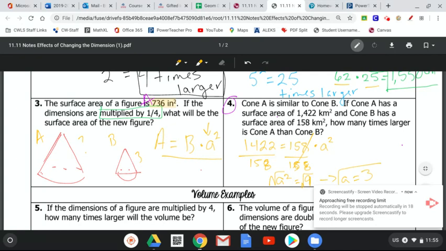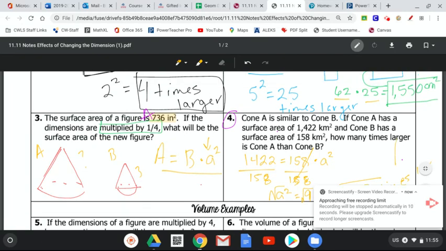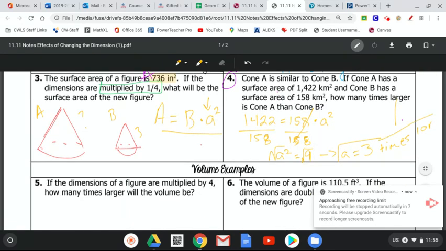So how many times larger? Well, 3 times larger. 3 times larger, meaning if B had a dimension of a slant height of 3, all we'd have to do is we say